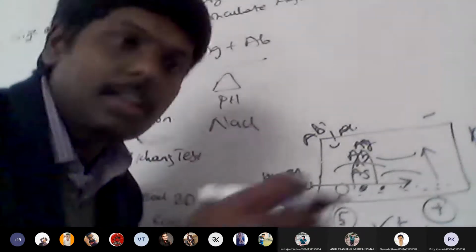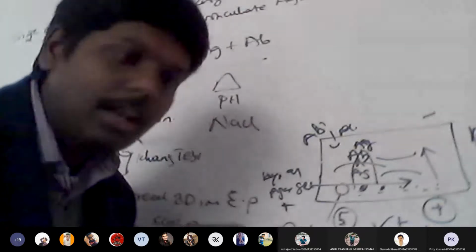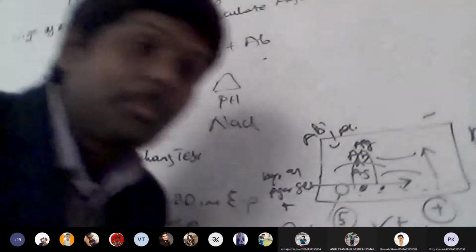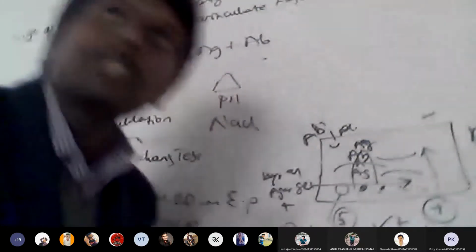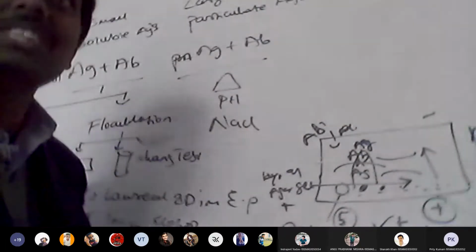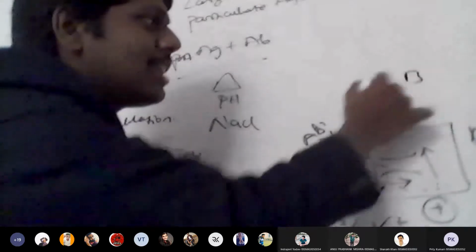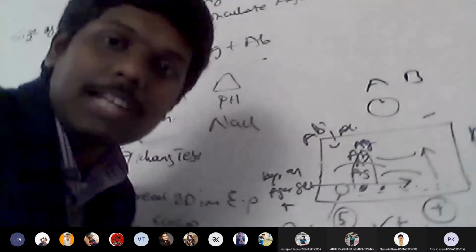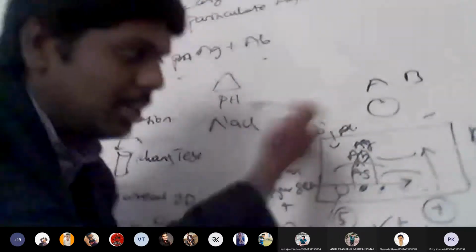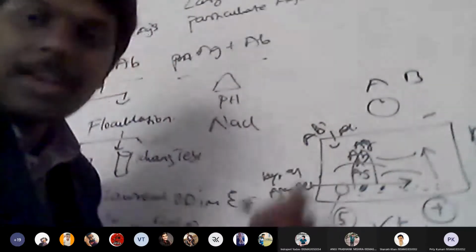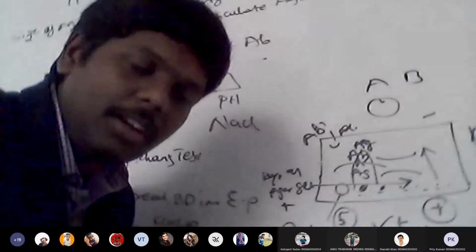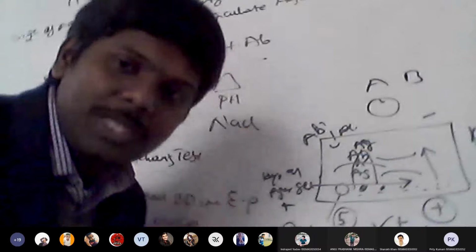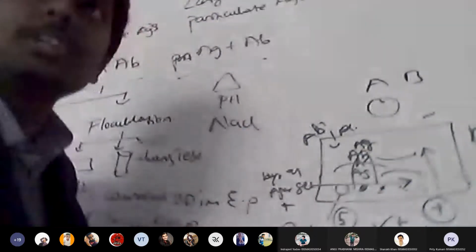The guy who invented radioimmunoassay got a Nobel Prize. The guy who invented ELISA got a Nobel Prize. The guy who invented blood grouping. Blood grouping is possible only because of antigen-antibody reactions. You have A antigen, B antigen on the surface of red blood cells, and that A antigen or B antigen will be identified by corresponding antibodies. Karl Landsteiner used immunological reactions, antigen antibodies, to determine the blood grouping, and he received a Nobel Prize. He even globally standardized blood groups with the help of antigen antibody reactions.